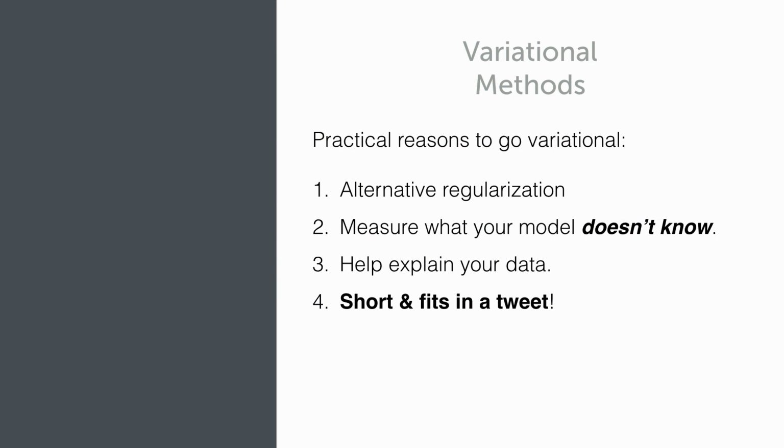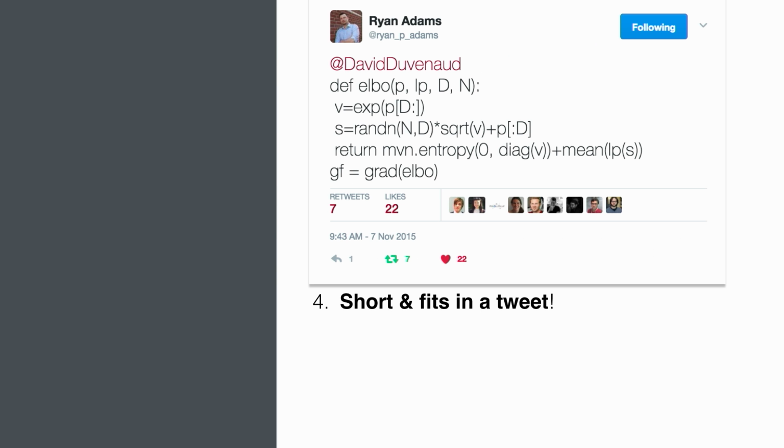Now, what's interesting is that these things are actually extremely simple, with very little effort to write code for. These methods will totally fit in a tweet. And just in case you don't believe me, here's a whole tweet that will actually do variational inference for you in just a few lines of code. This is using AutoGrad, but it's not very different in, say, something like PyTorch. And I want to take the next few minutes to unpack what's going on here.